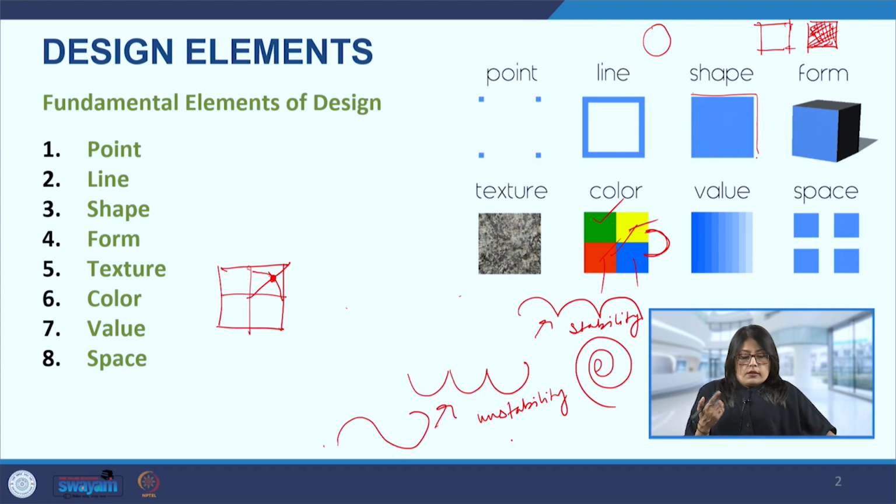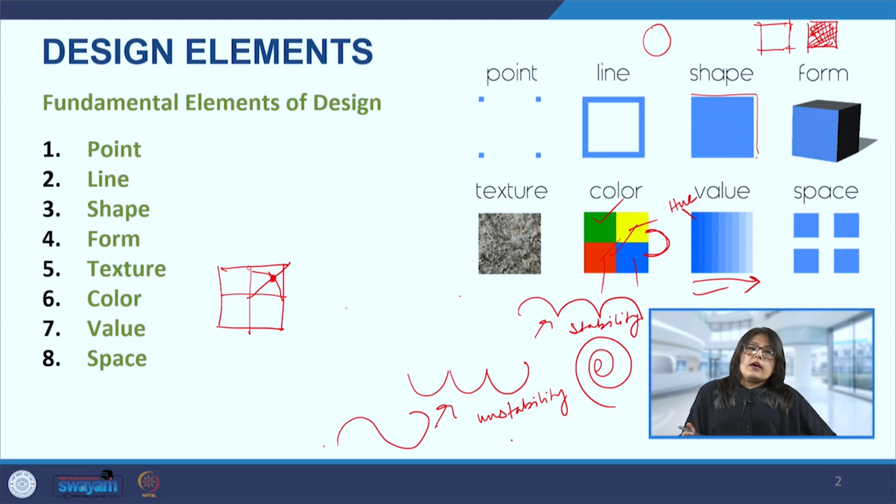Okay, then the next aspect of color is also value. Here we can see in this diagram this part is the hue, and we can see how the value is changing for this color. So it is the darkness or lightness of a color, and this is also a design element. The other is saturation, which is also a property of color. It is the intensity of the color, how intense the color is, that is saturation.